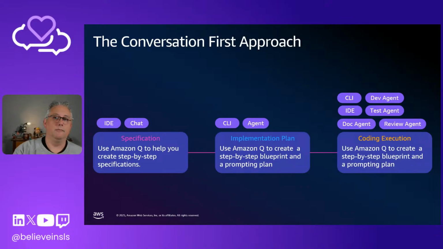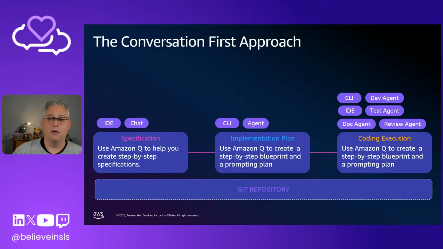The problem with coding tools and AI assistants is they're pretty stateless. They don't often have memory. I think some of the tools do now, but early on they had no memory. So if you exited and restarted, it would have no context about where you were, other than what it could see. And that's what becomes really important when we talk about spec-driven development: allowing AI to see what's going on, to get continuity. And you get that continuity through using your file system, right? Specifications become markdown files. Your implementation plans become more detailed markdown files.